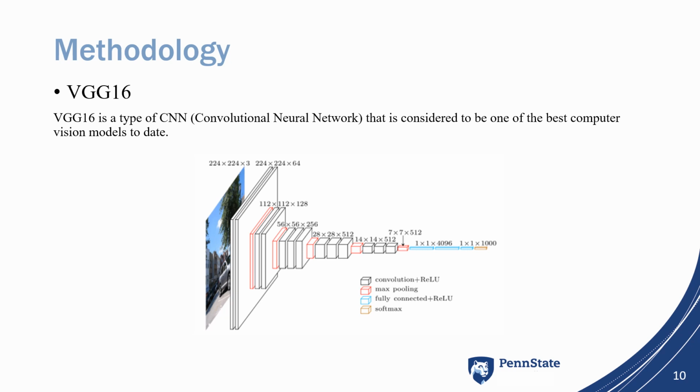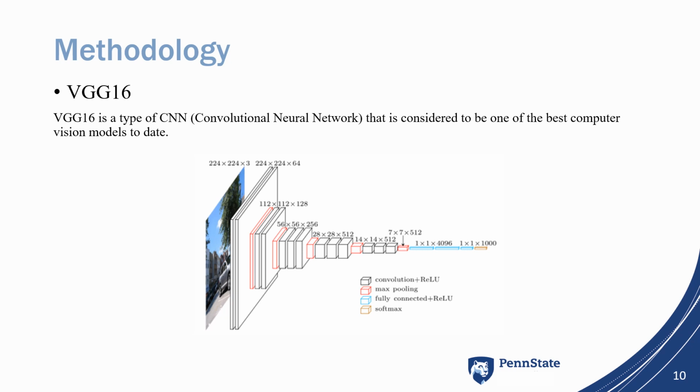The first transfer learning model that we use is VGG16. VGG16 is a type of convolutional neural network that is considered to be one of the best computer vision models to date. The creators of VGG16 evaluated the networks and increased the depth using an architecture with very small convolution filters, which showed a significant improvement on the prior art configurations. They pushed the depth to 16 to 19 weight layers, making approximately